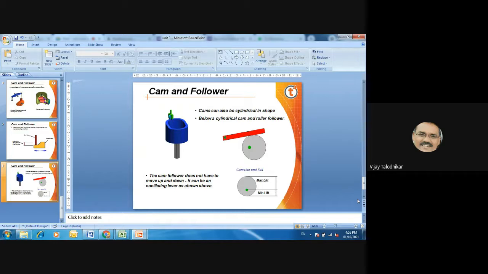Minimum there are three members in the cam follower mechanism, and maximum there are four members.